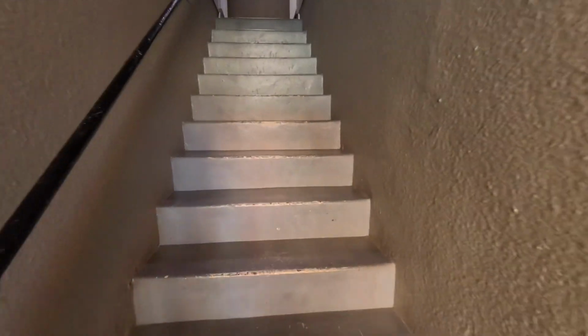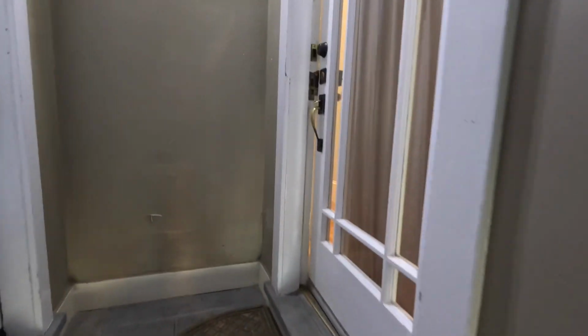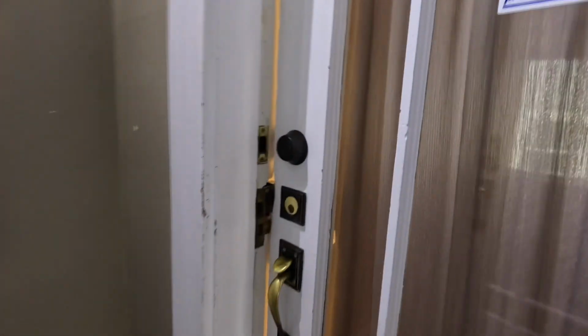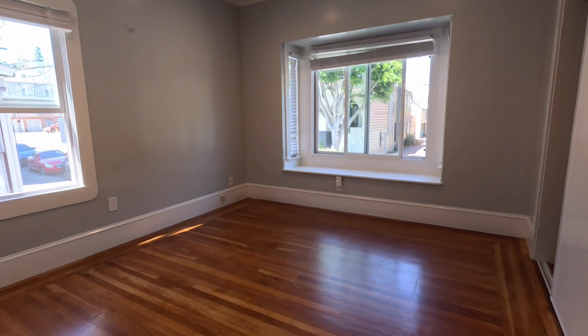3671. You walk up the stairs and the entrance to this unit is to the right. This is a 2-bedroom flat. To the left is a kitchen. We're going to start this tour off towards the front of the building, where you'll find one good-sized bedroom, lots